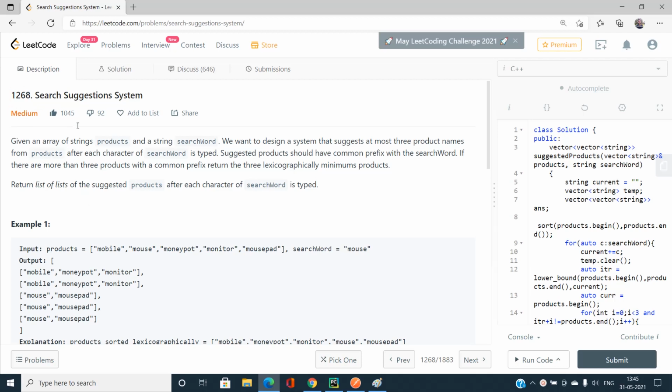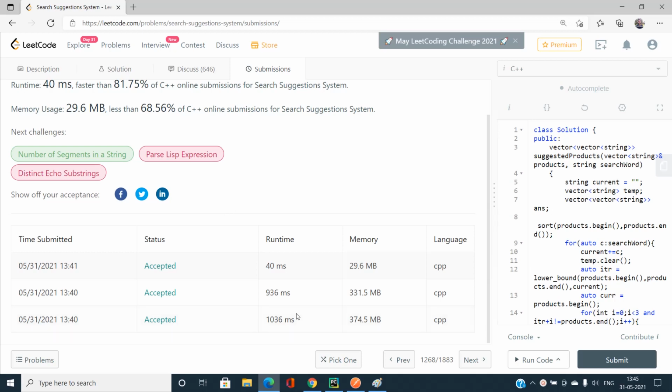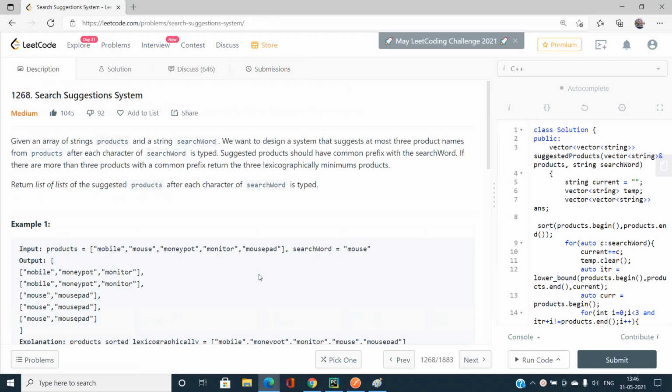As you can see, I have given a like over here as soon as I solved this problem. The reason is very simple. The problem builds up the approach from the base level. If you look over my submissions, first it is 1036 ms, then 936 ms, and then finally 40 ms. That is, when you solve using the brute force technique, you have some idea, then you optimize that idea, you get a better solution, and further optimizing it, I have a better solution having a runtime of 40 ms. I will discuss how I approached it from the very base level.